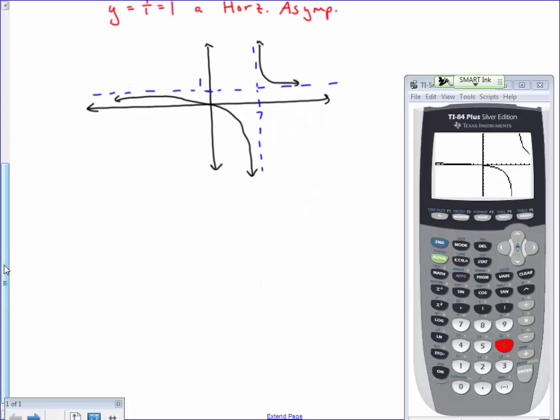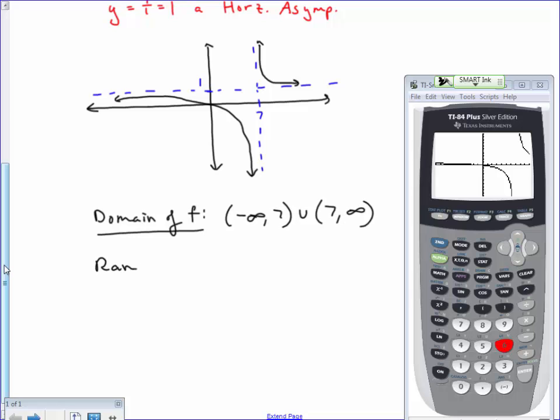Okay, on here, let's answer the question about the domain and range of f. So if we wanted the domain of the function f, which is what we have graphed, it would be everything except x is 7. So it would be negative infinity to 7, use a parenthesis to leave the 7 out, and then union 7 to infinity. The range of f,